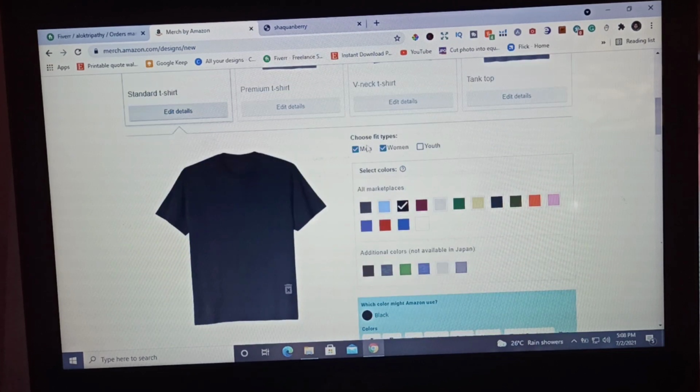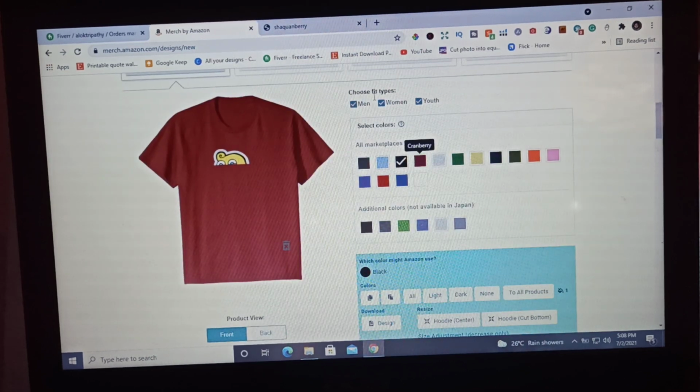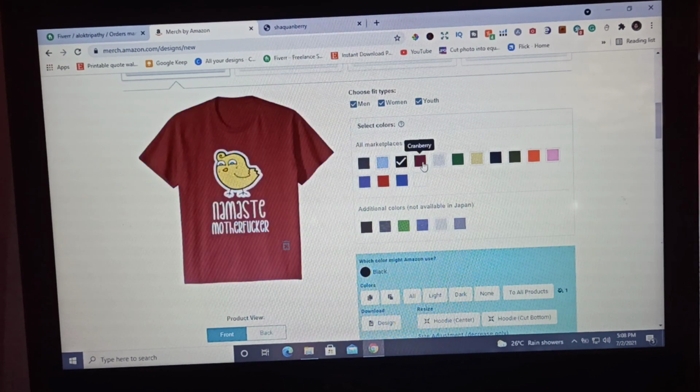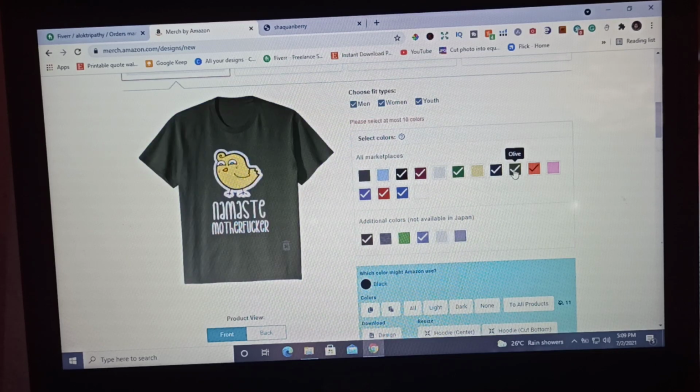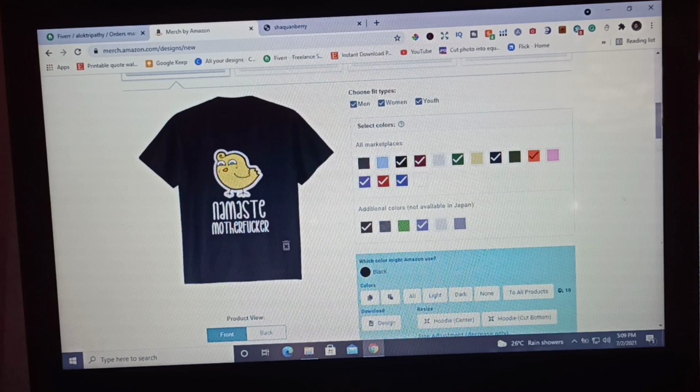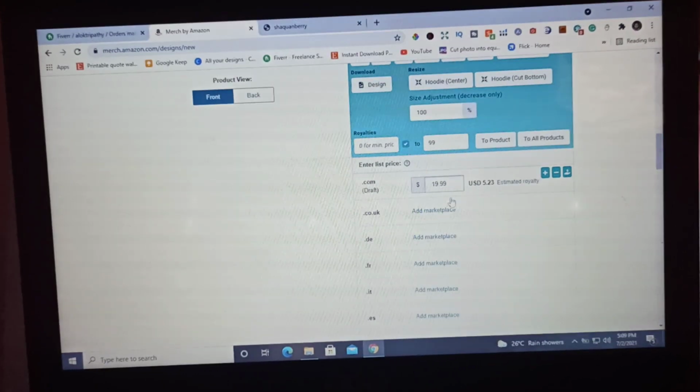Then you can choose the color and the fit types. So you can choose up to 10 colors. You can choose any color you want, doesn't matter. Okay, 10 colors, that's it. Here you can enter the list price.